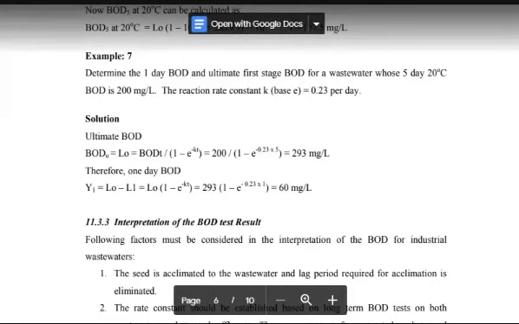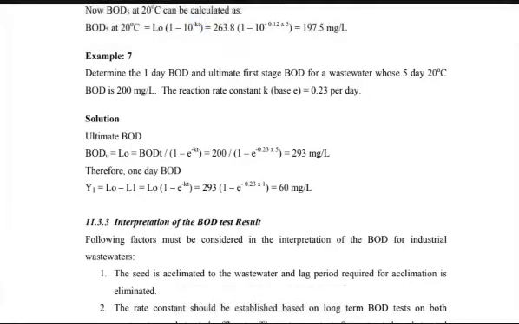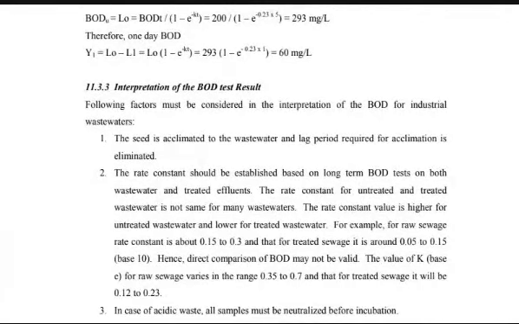Okay, fine. Then the next topic is the interpretation of the BOD test result, how we interpret that one, and why we are conducting the test. I already gave the details about that. Now, how to interpret the result? It is very important to read the result, because once you do the analysis, after that we need to give a result of it. It means what will we get if the BOD is this much, if there is a variation, what will be the rate constant, and on that basis we need to interpret. But this topic we will see in the next lecture.